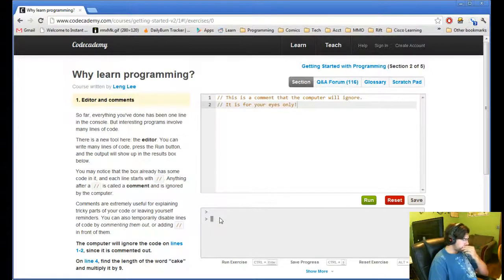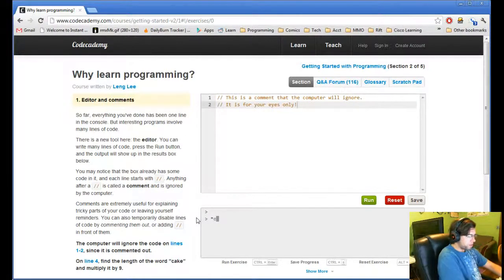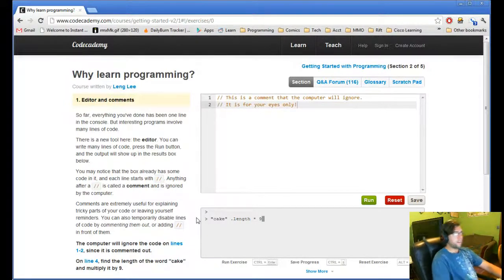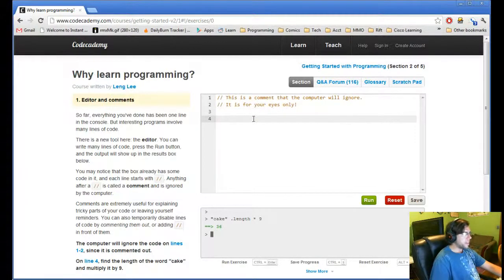Alright, so we want to do cake dot length times 9. Let's see what that gives us. Hey, I did it! I just don't know how to type it into line 4. Here we go. So I'm ignoring line 3, is that what I'm doing? Okay. Anyways, yes, cool, that works.